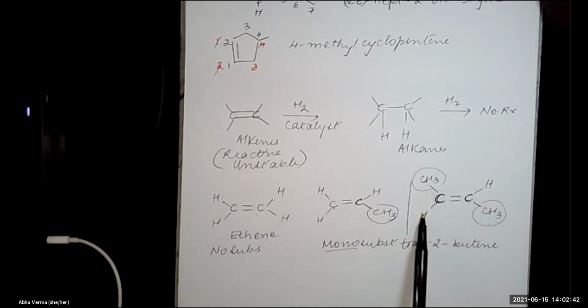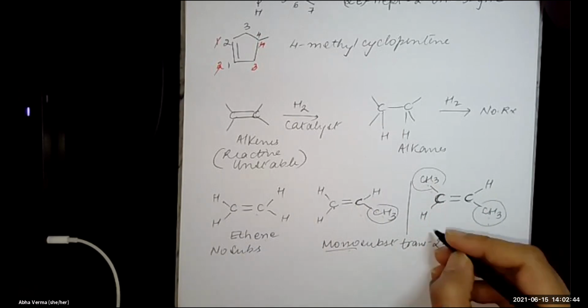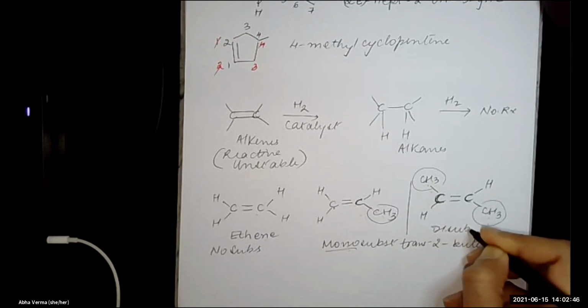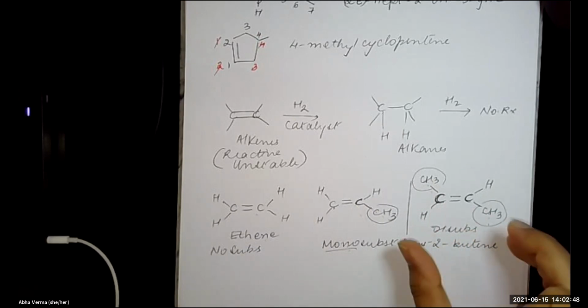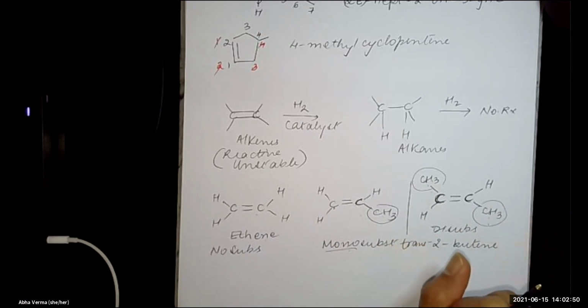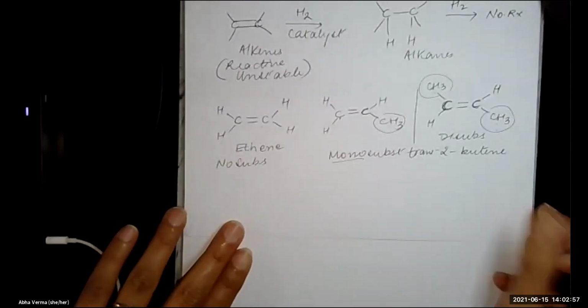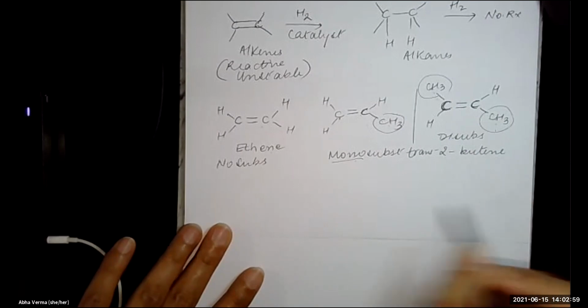Two hydrogens missing across the double bond is a di-substitution. Di-substitution also has a variety of forms. So if you look at this part,